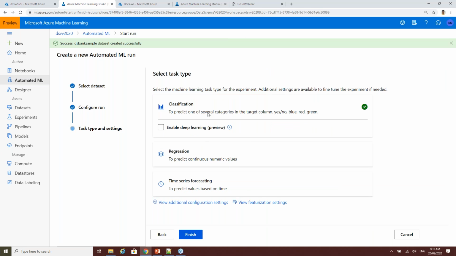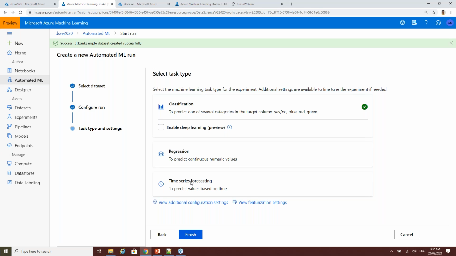Great. So in this scenario, I'm going to choose the classification machine learning task. And as you can see here, a few things are available. The more algorithms that are available, the more they will start appearing here. So if your business problem requires a different algorithm than what has been listed here, then probably you can't use automated machine learning for now. You may use the designer, or you can create your own using R or Python.